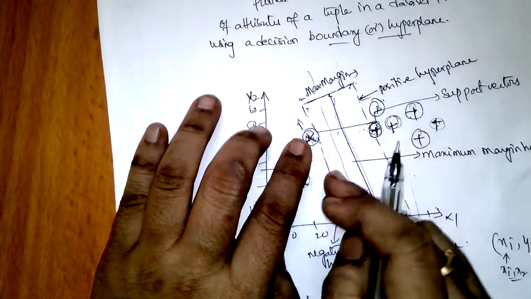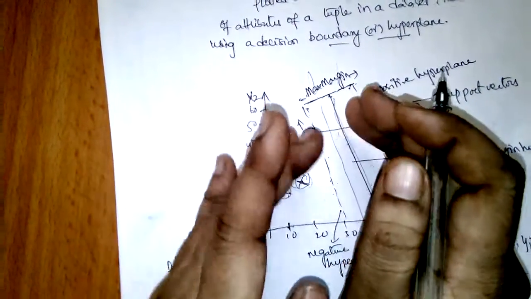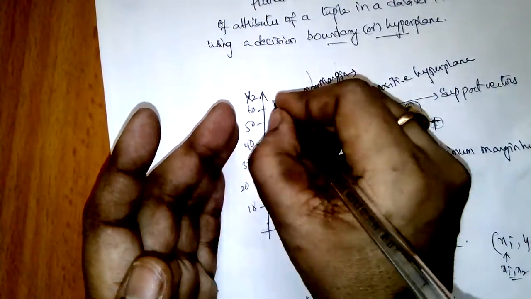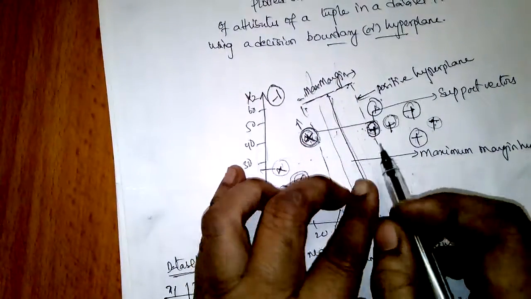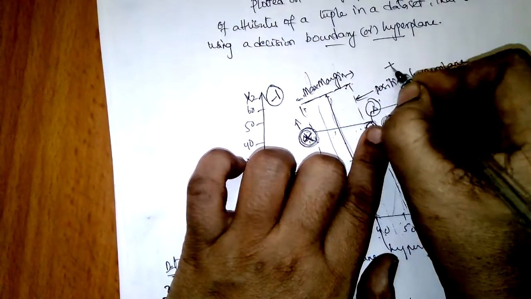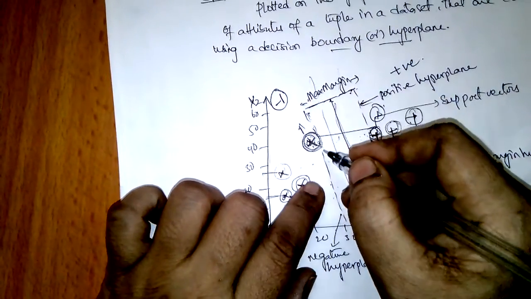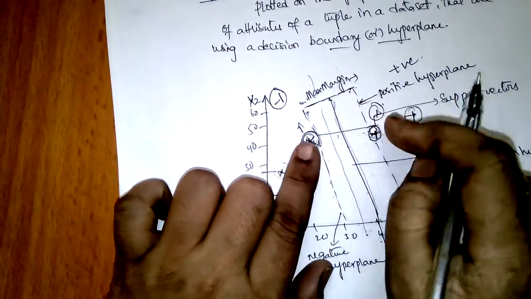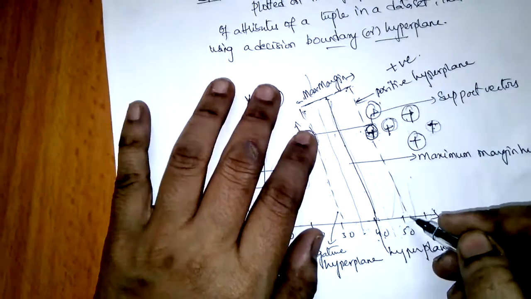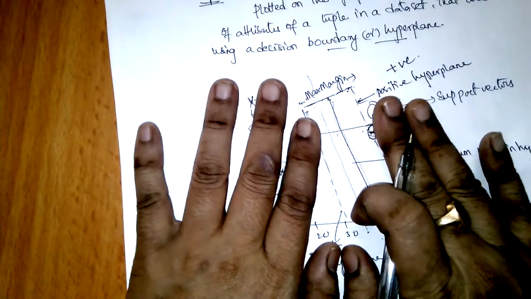Now, this side is called negative. The classes that belong to this side are called -1, negative, and the classes that belong to this side of the vector are called positive. So we make a line along with this, we make a hyperplane. We can make many hyperplanes between these two, like this, like this. We can make different hyperplanes between these two.